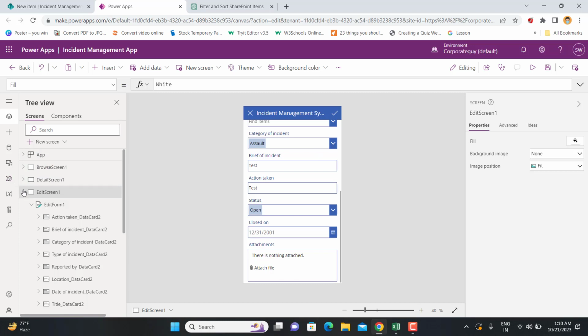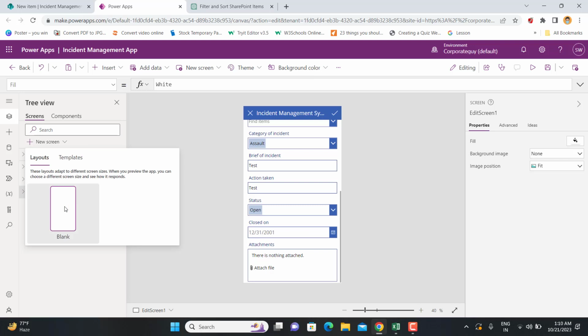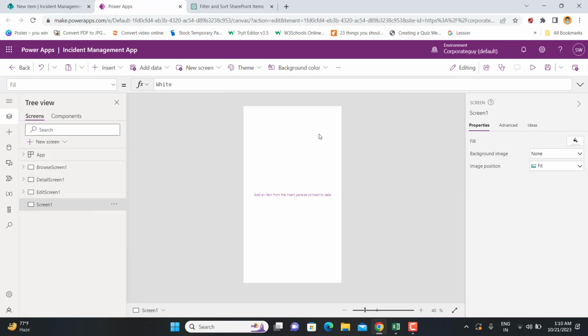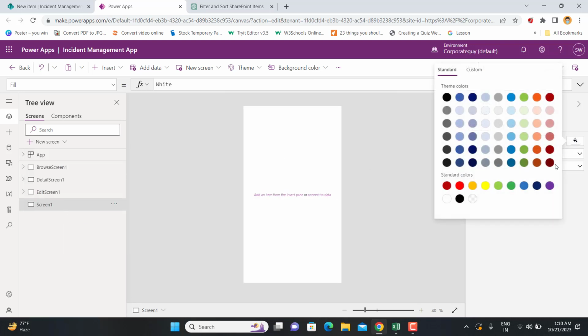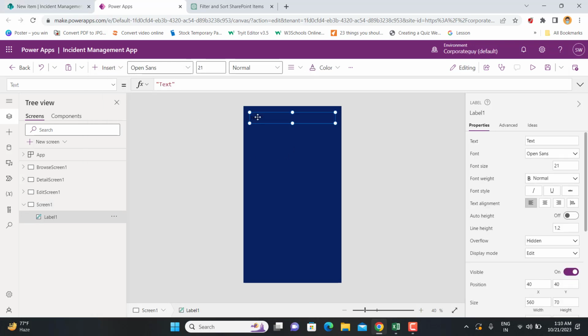So now what I'm going to do is I'm going to create one home screen from where I can navigate to all these three screens, right, separately. So I will just go to the new screen option here and then use it as a blank template. So I'm going to change the background of this screen here to, let's say, dark blue, and then I will go to the insert field. I will put a text label here and I will give it a name,